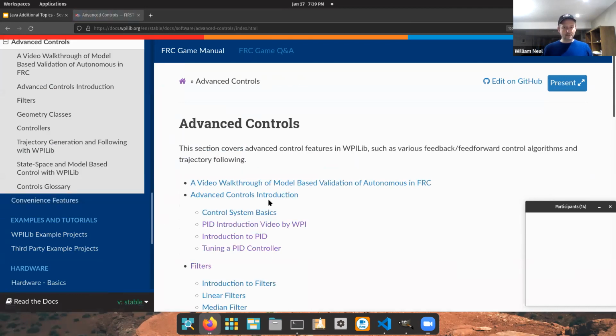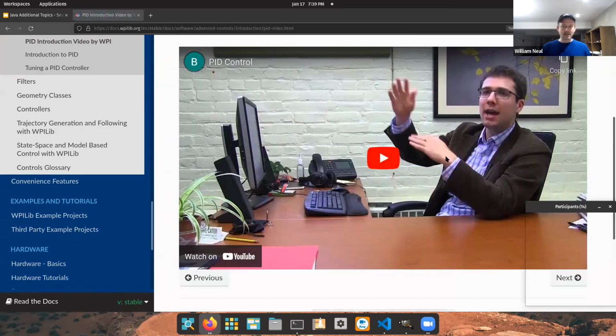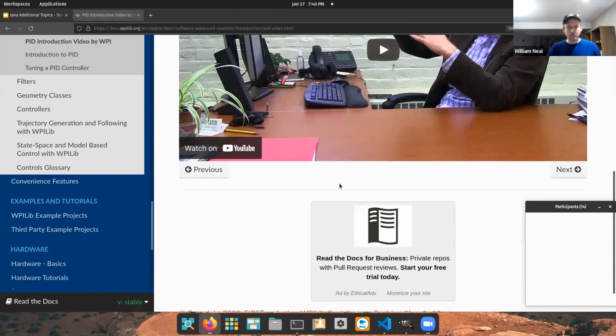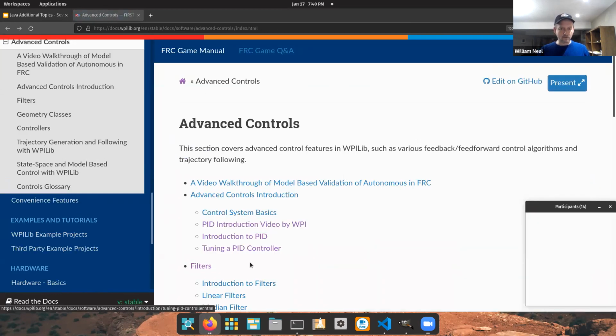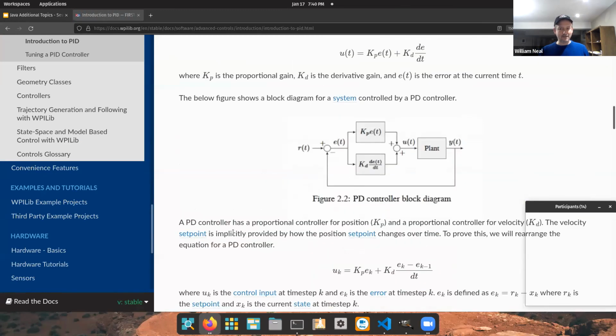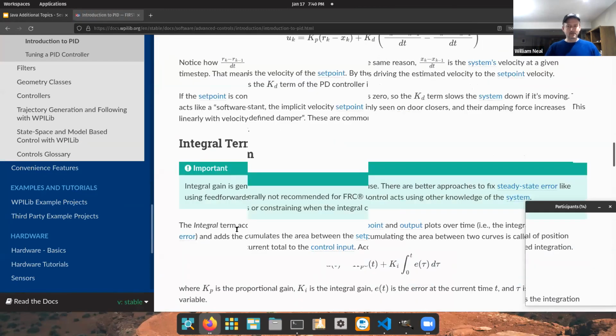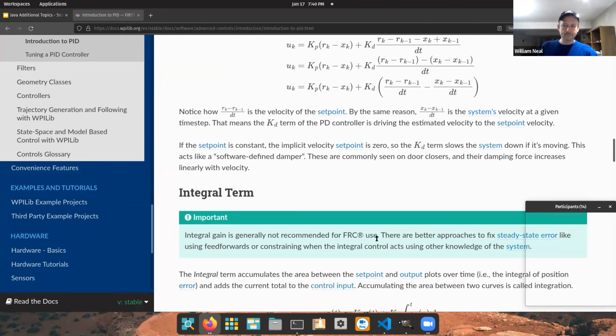Now, the topic is in some of the more advanced controls section. And here we are, a section on control system basics. There's a nice video on PID offered by a professor at Worcester Polytechnic Institute that wrote WPILib. So that's a really great video to watch. And then there's an introduction to PID with some mathematics. It gets quite technical, using some integrals and some